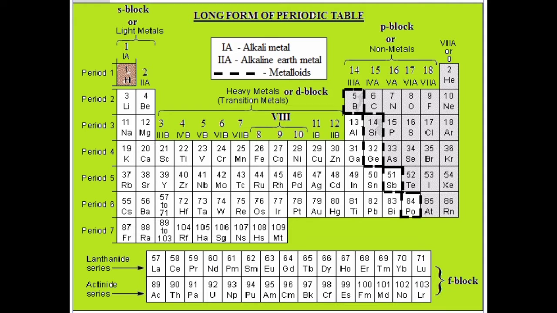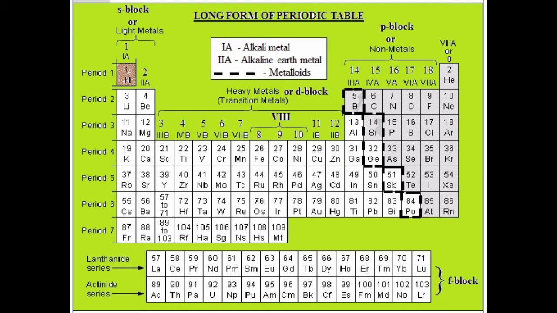Now the first group is of alkali metals. Write it down below that column. First group is of what? Alkali metals, and you should write this. Then the second group is of what? Alkaline earth metals. Second group means Be, Mg, calcium, strontium. These metals are called alkaline earth metals.